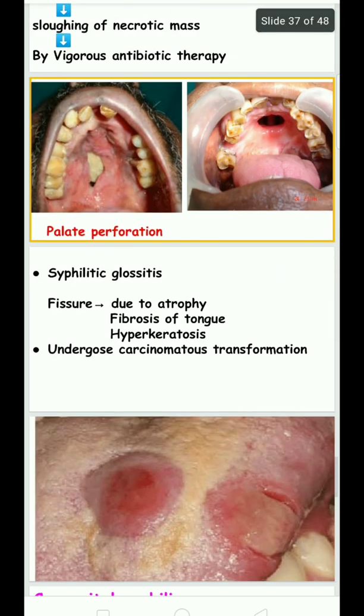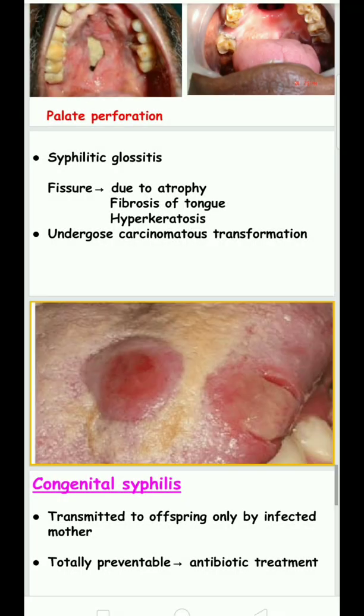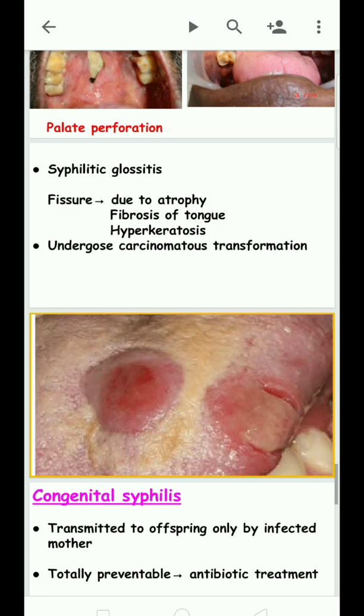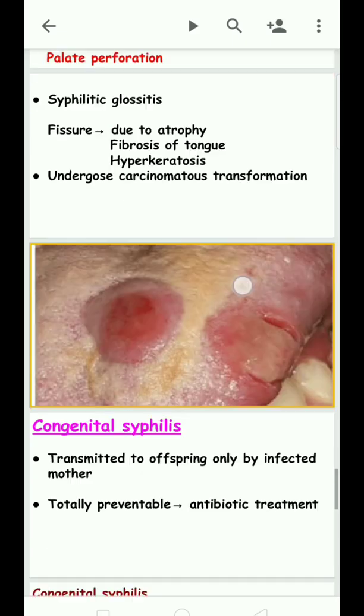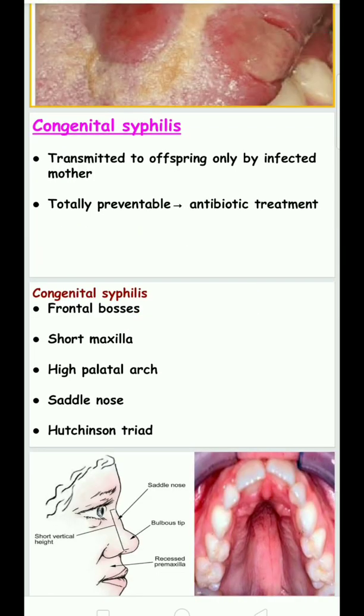In syphilitic glossitis, fissuring is due to atrophy of the tongue and fibrosis, and hyperkeratosis leads to fissures. This is an important characteristic of syphilis. It undergoes carcinomatous transformation. Congenital syphilis is transmitted to offspring only by an infected mother and is totally preventable by antibiotic